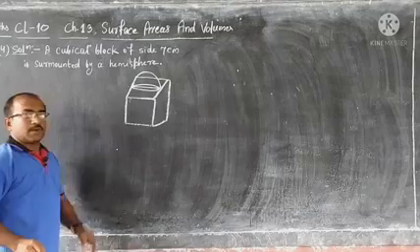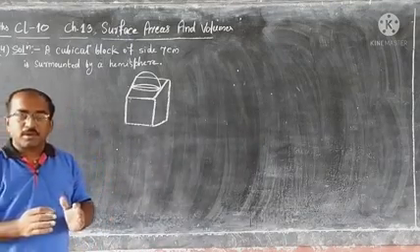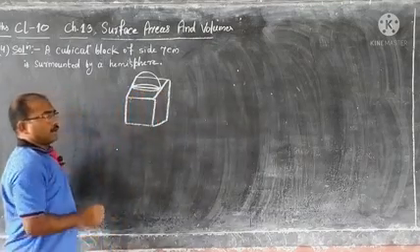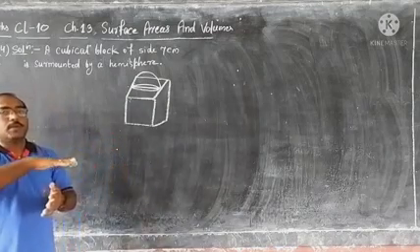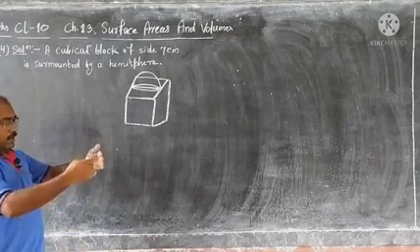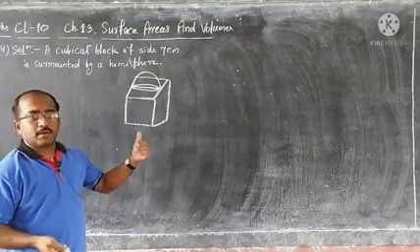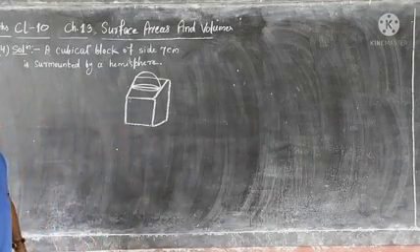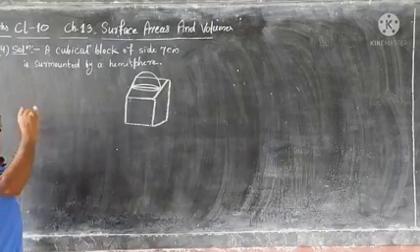and the first question is, what will be the greatest diameter the hemisphere can have? That means this diameter will be how much? Surely the 4 edges of one surface of the cube will touch it. What is the side of the cube? 7. That means the diameter of the hemispherical block also will be 7 centimeter. So, the hemisphere can occupy the whole of the side of the cube.